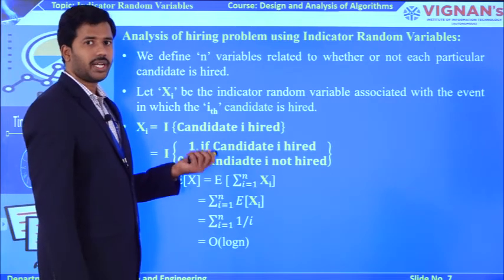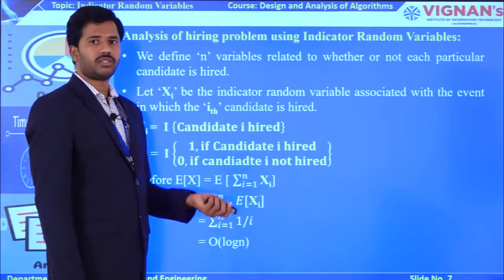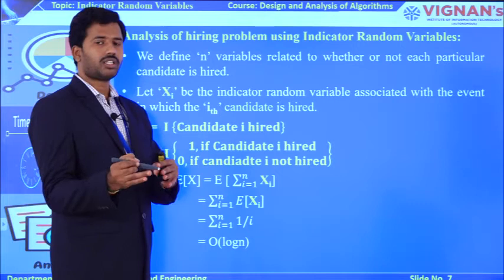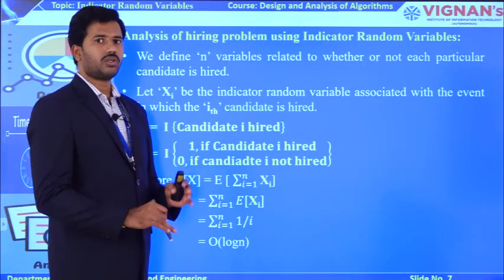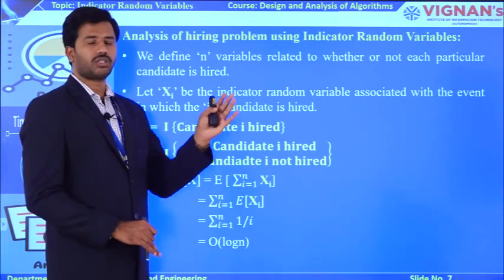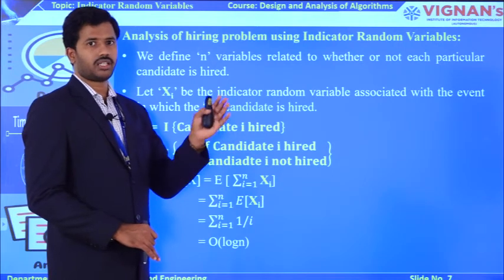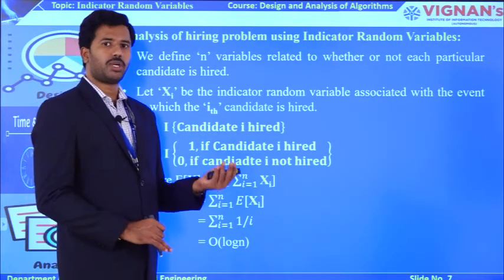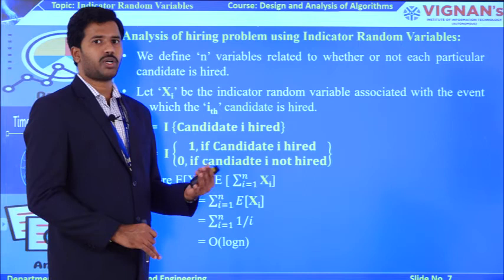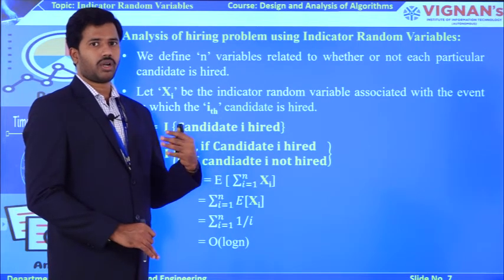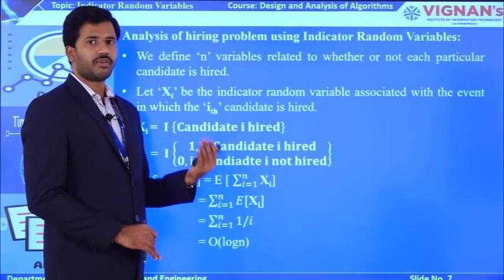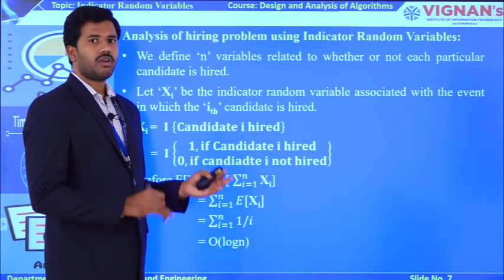So this is the way you indicate all the events which are available in a sample set S. They can be denoted by 1 if the event occurs, or by 0 if it doesn't occur. So based on this indicator random variable only, you are indicating whether the events are going to happen or not. If they are happening, ultimately you have the capability to find out the probability for that. If the events are not happening, for them also you have the capability to find out, at what probability value the event is not going to occur. So based on these indicator random variables only, you are indicating all the events which are available in a sample set S.